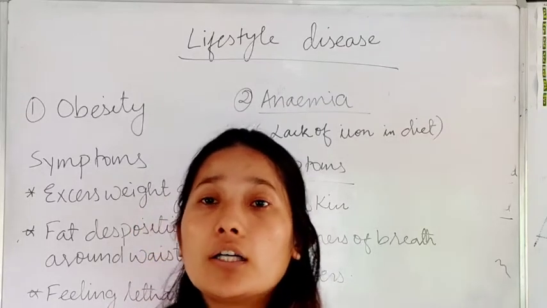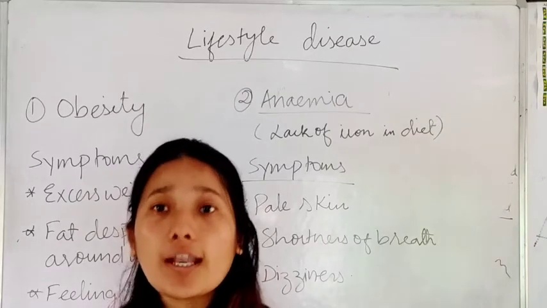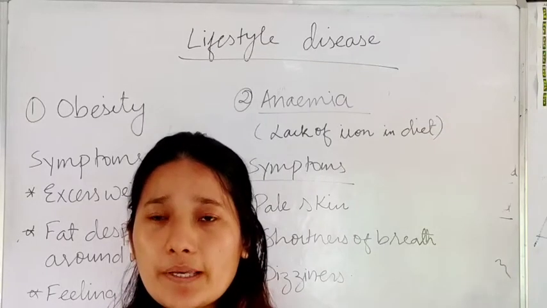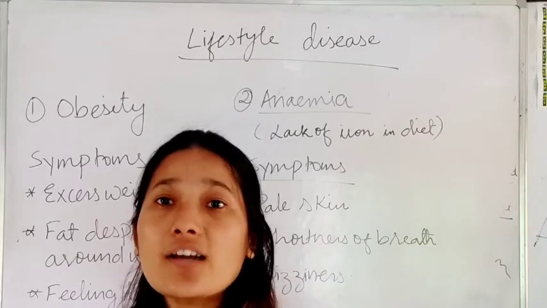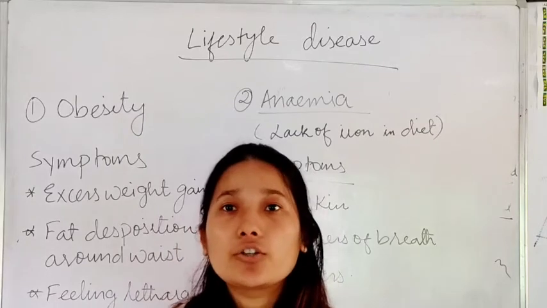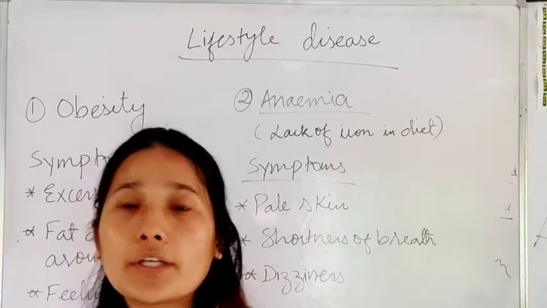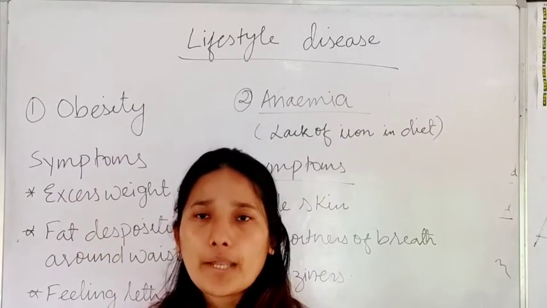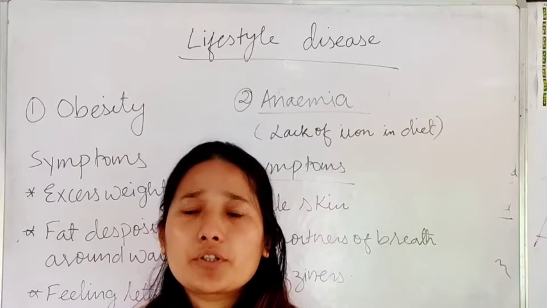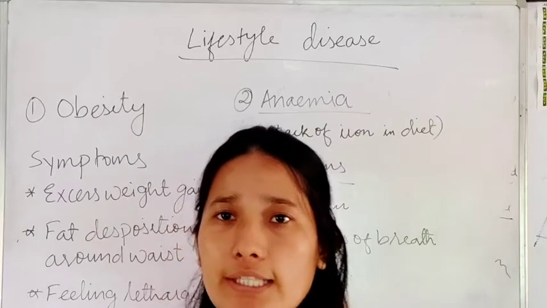Now how can you increase the amount of hemoglobin in the blood? By taking food which is rich in iron. So what are those foods? Green leafy vegetables, beans, lentils, all these are rich in iron. So you should take food rich in iron in order to increase the hemoglobin percentage in your blood. Now how do you know that a particular person is anemic? The complexion turns out to be pale, and that person also gets easily tired, even after walking for a short period of time.